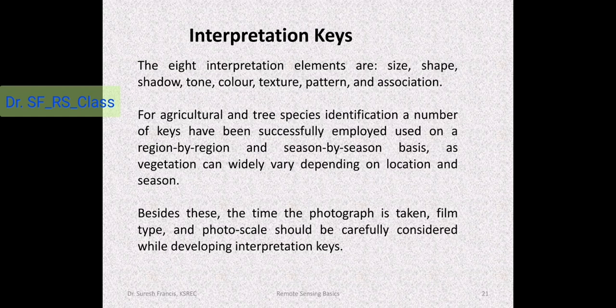You will find more cashew plantation in northern Kerala, more rubber plantation in central Kerala, and more coconut plantation and other mixed farming, mixed plantation in the midlands of Kerala. Such variations happen, and an agriculture expert can interpret the tree species and identify the type of agriculture based on these keys.